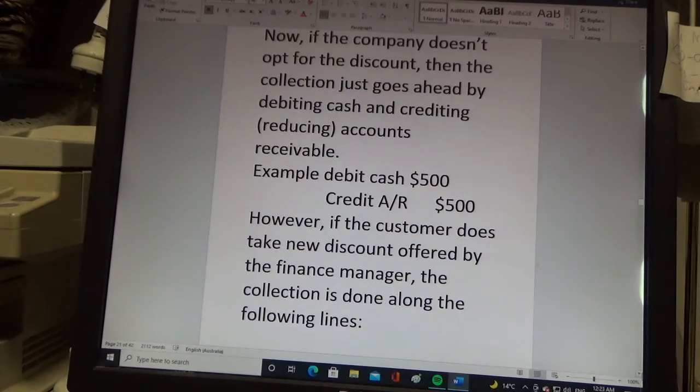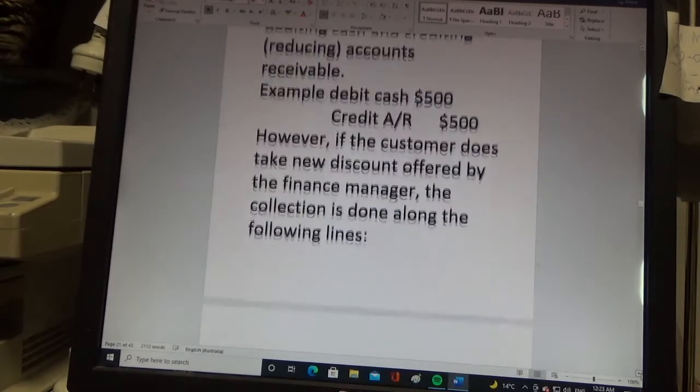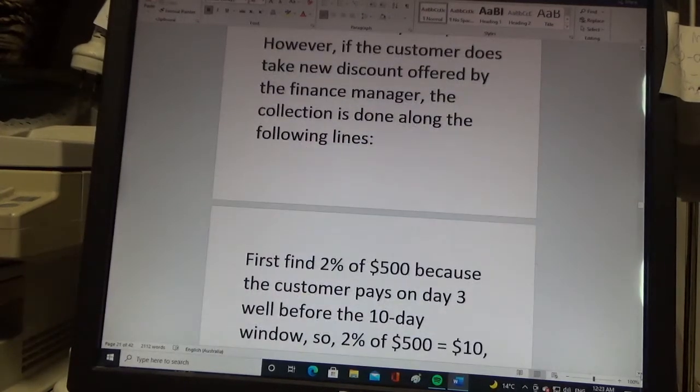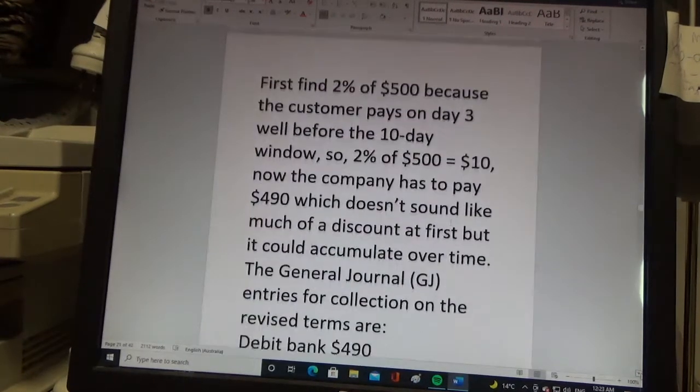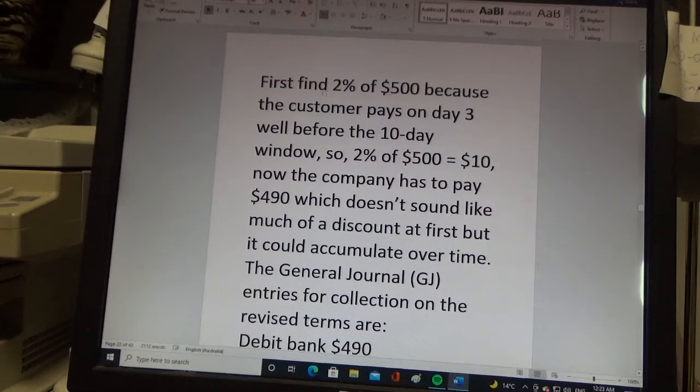However, if the customer does take the new discount offered by the finance manager, the collection is done along the following lines. First, find the 2% of 500 because the customer pays on day 3, well before the 10-day window. So 2% of 500 is $10. Now the company has to pay $490, which doesn't sound like much of a discount at first, but it could